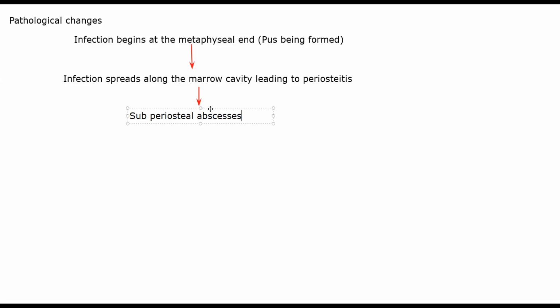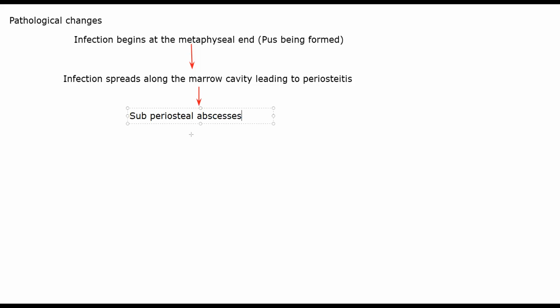Okay, now you will have an area where there is a combination of suppuration, so there is pus formation, and in that area, because there is so much pus being formed, blood supply will get impaired. Okay, small blood vessels that are coming into the bone will get compressed and will not be able to supply blood properly to the cortex of the bone. Okay, cortical bone will undergo necrosis. The cortex part of the bone will have necrosis. That particular stage is called sequestrum.